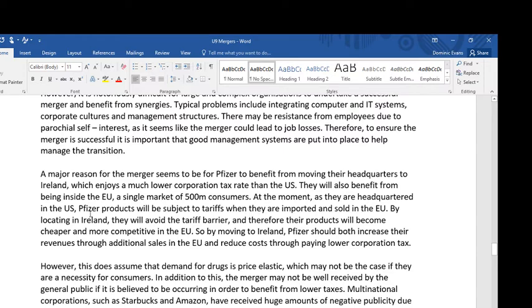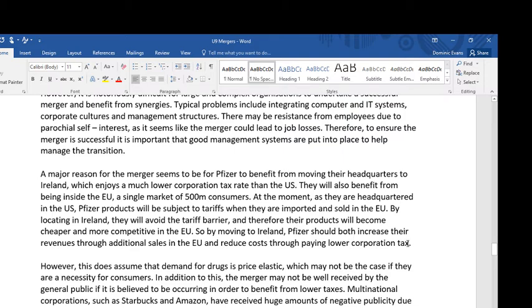At the moment, as they're headquartered in the US, Pfizer products will be subject to tariffs when they're imported and sold in the EU. By locating in Ireland, they will avoid the tariff barrier, and therefore their products will become cheaper and more competitive in the EU. So by moving to Ireland, Pfizer should increase their revenues through additional sales in the EU and reduce costs through